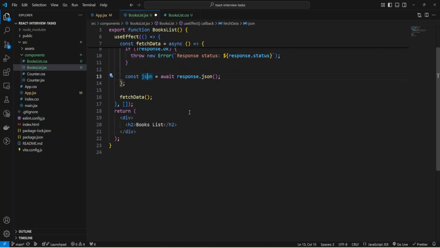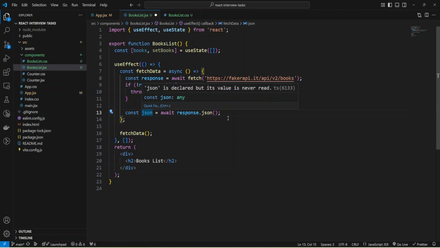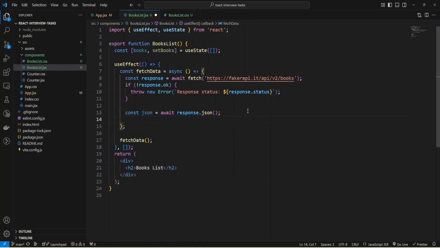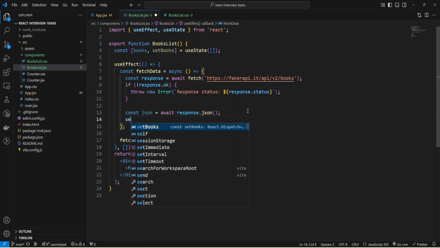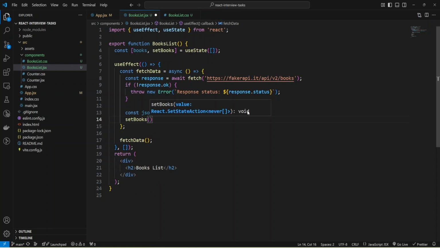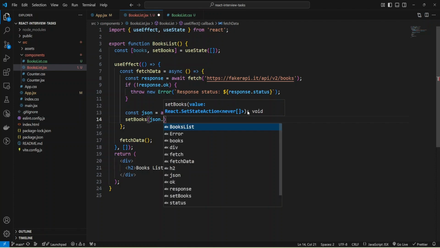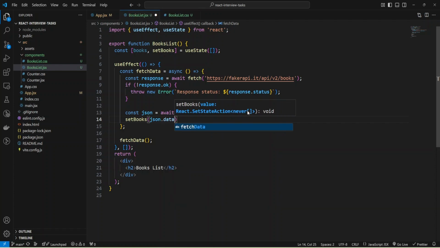And now we can retrieve JSON, and this JSON I'll pass to my sandbox, and inside this JSON we have data. Okay, and now we can create JSX for our list of books, and I'll keep it simple for an interview.